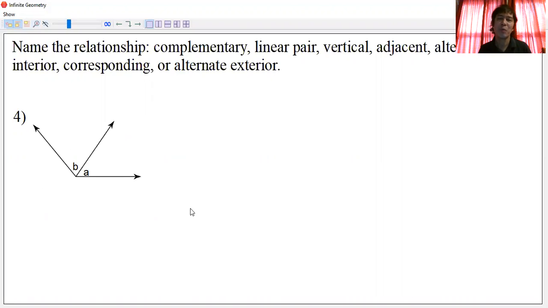Okay, here's an example of an adjacent angle pair. An adjacent angle pair is formed by 3 rays, and they share one common side. They have a common side, a common vertex, and non-overlapping interior points. These are the interior points of the two angles, and they are not overlapping. They share one common side, one common vertex, and they don't have overlapping interiors. So what are these overlapping interior points? Well, if you can see a drawing like this,